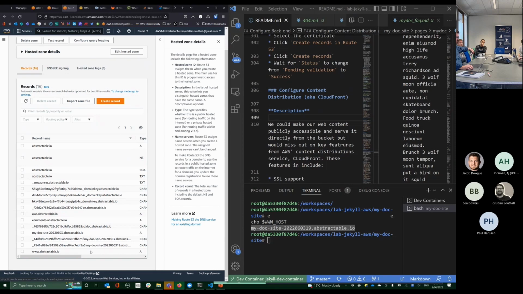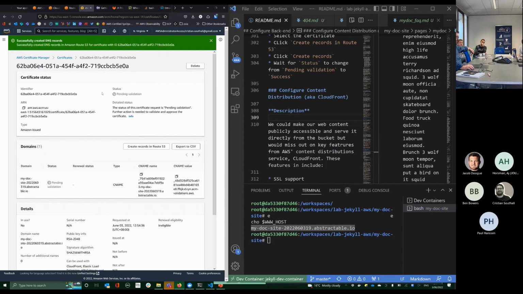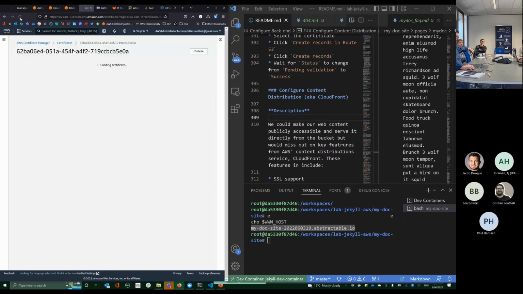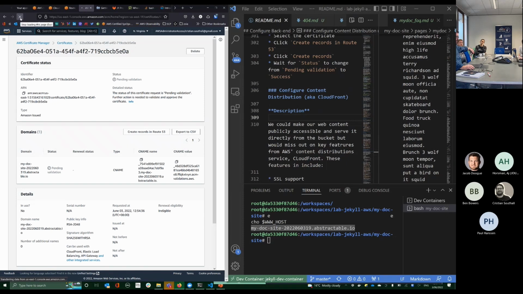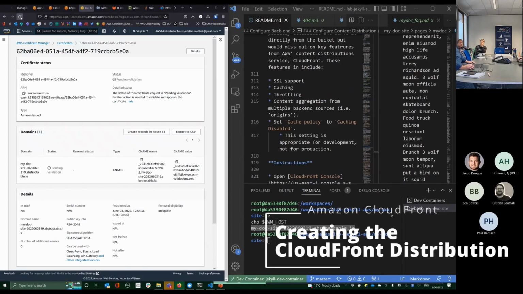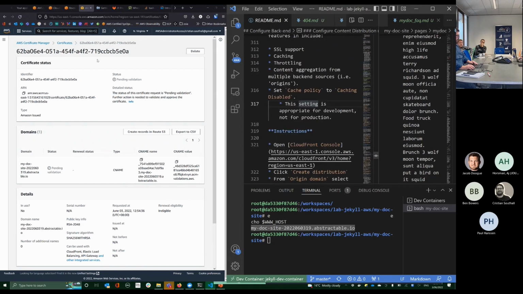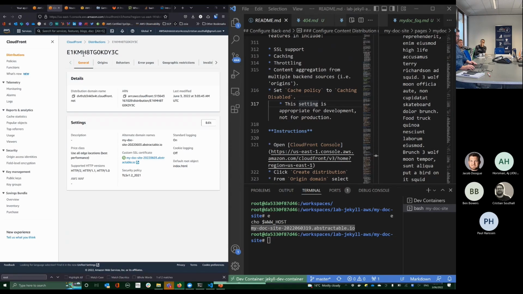There we go. So it's this one down here. So it's created the CNAME record. So we should see this status update to success pretty soon. See if we can peek ahead a little bit to the CloudFront configuration, and that should come good